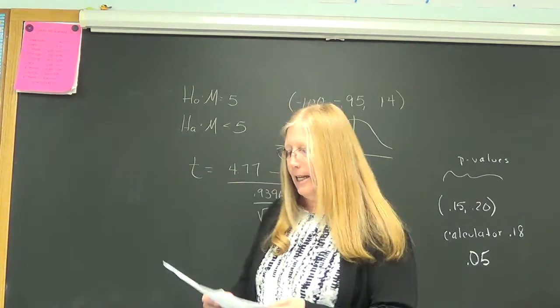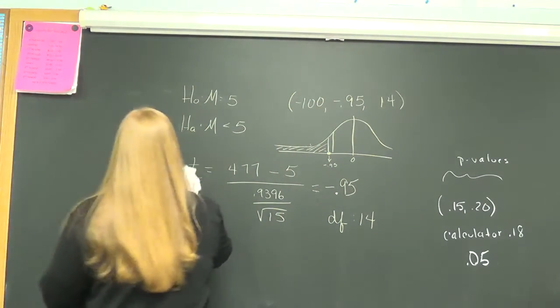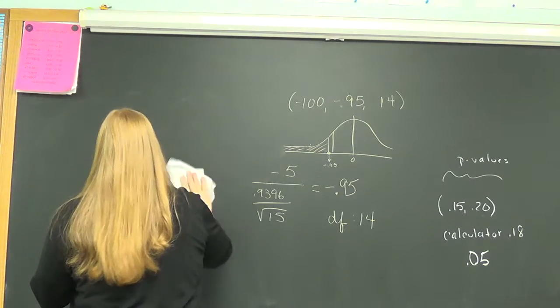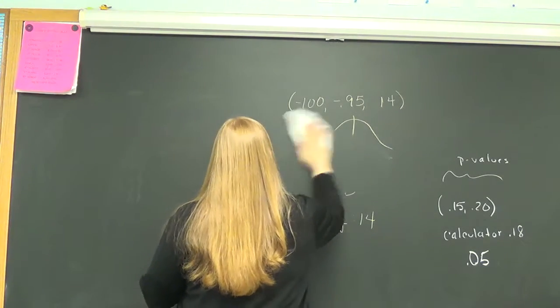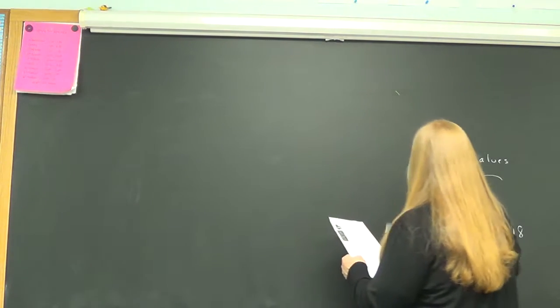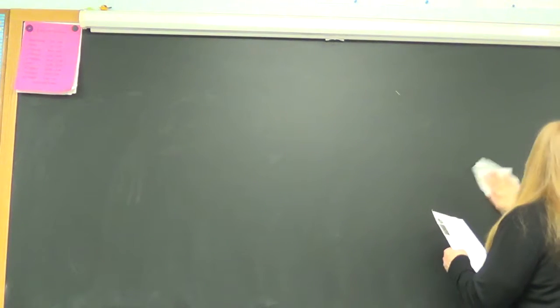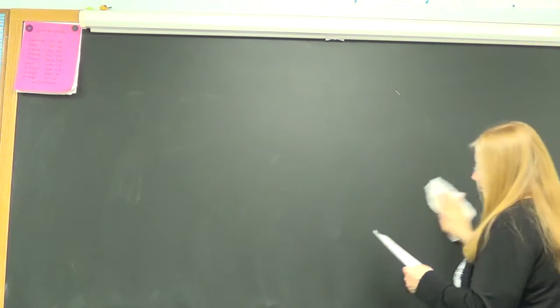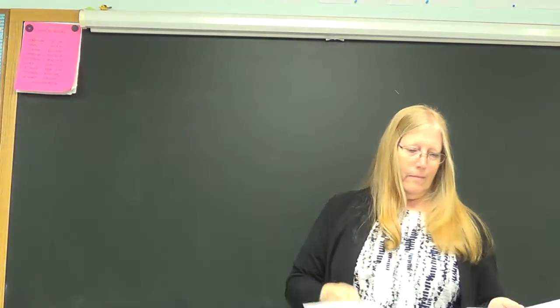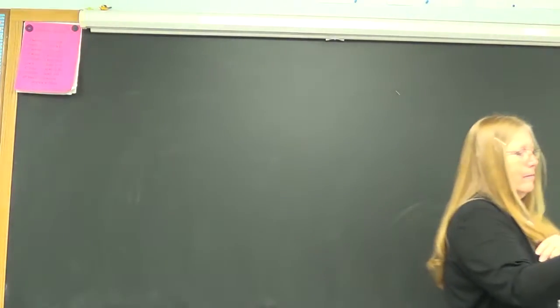Alright, go on to the next one, and it is about pineapple. Would you read it? At the Hawaii Pineapple Company, managers are interested in the sizes of the pineapples grown in the company's fields. Last year, the mean weight of the pineapples harvested from one large field was 31 ounces. A new irrigation system was installed in this field after the growing season. Managers wondered whether this change will affect the mean weight of future pineapples grown in the fields. To find out, they select and weigh a random sample of 50 pineapples from this year's crop. The Minitab output below summarizes the data.